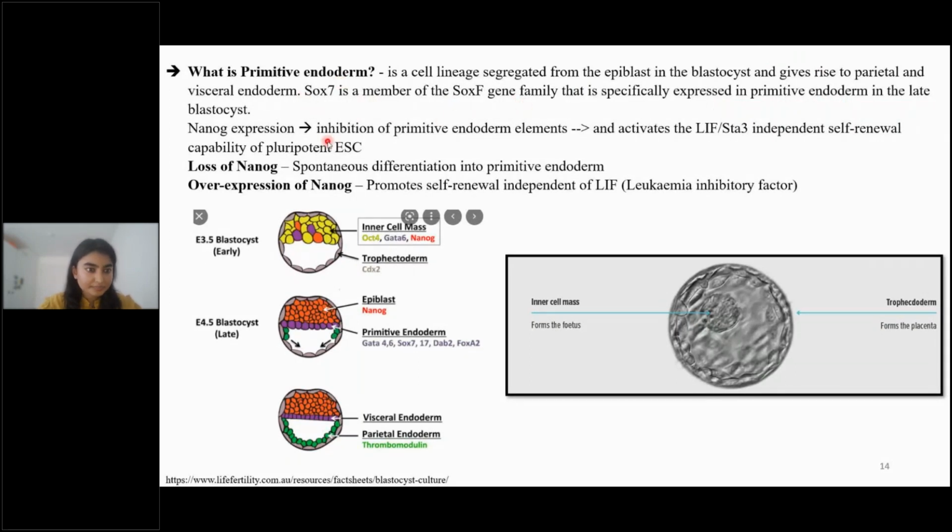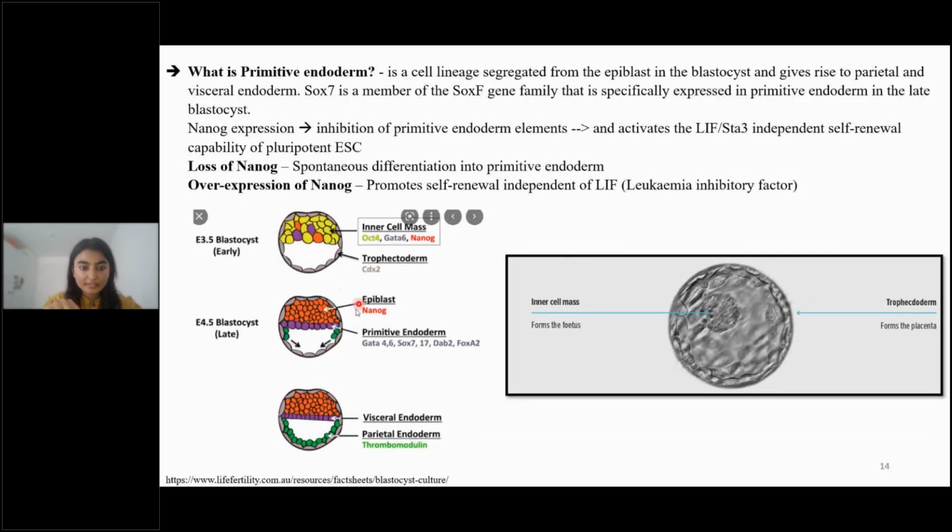So this is an amazing picture I got on the net. We can see that in the inner cell mass, the OCT4 protein, GATA6 protein, and NANOG are expressed at high levels. And in the trophectoderm, the CDX2 protein is expressed. But if the OCT4 expression goes down, now the cells know they have to differentiate, because the OCT4 concentration has gone down, and only the NANOG concentration will be there. NANOG is a protein, right? So only the NANOG protein will be there. Now they will form the epiblast.